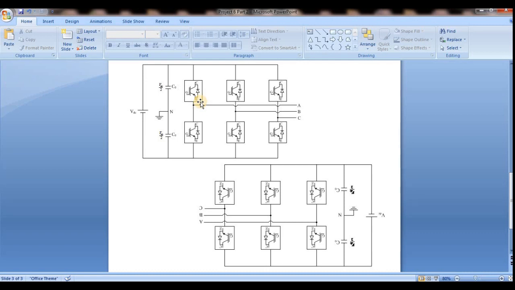The difference is that conduction angle and firing angle are differentiated. Firing angle means after that firing angle only I can get the output. Conduction angle means up to that angle I can still get the output, that is, up to that time period the switch can be in conduction mode. That is the conduction angle. So actually here the source is DC, so there is no natural commutation.